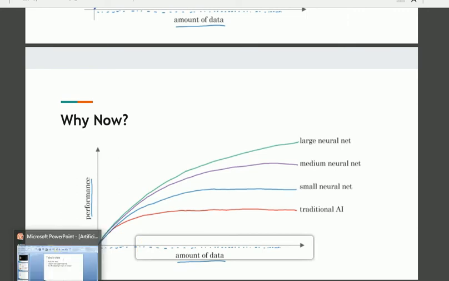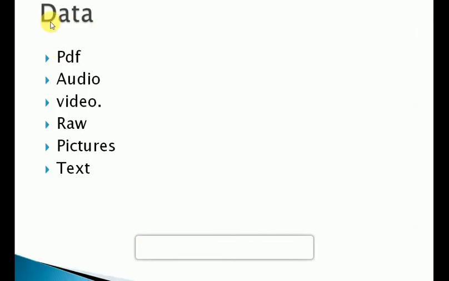As I said before, data is any raw fact or figure, which we studied in our previous classes. So what is data? Data is everywhere. If we talk about our cell phone, data is everywhere in the form of PDFs. We have documents, our books. We have audio in the form of songs, lectures, recordings. We have videos, raw data, pictures and text. So we have data all around. In AI or machine learning, the more data we have, the more the system performance is improved, and we can provide any kind of data according to our need.